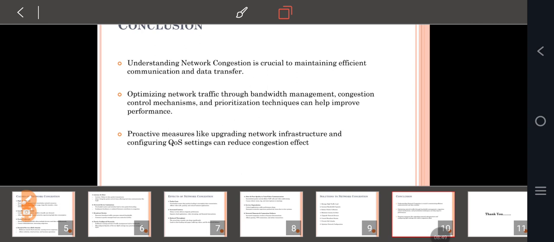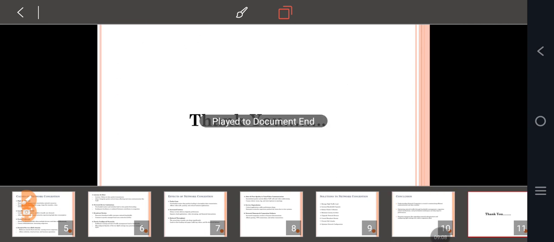So in the conclusion, the network congestion affects everyone from business to everyday users. Understanding the congestion causes and effects helps in troubleshooting and improving the network. Applying the right solution can enhance the speed, reliability, and overall performance. So at the end of the presentation, by using smart traffic management systems, upgrading network, and implementing